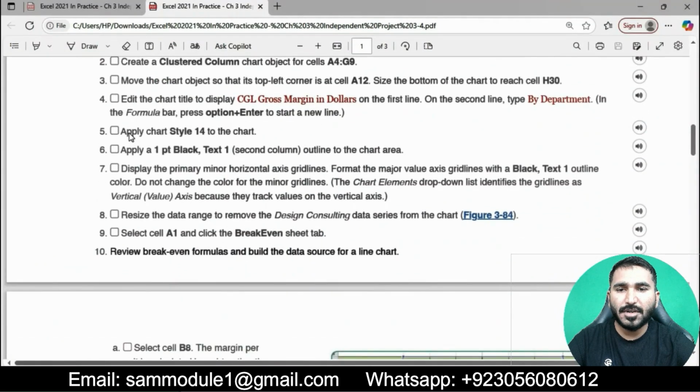Now point 5 is to apply chart style 14 to the chart. Simply in this question we will apply the chart style.